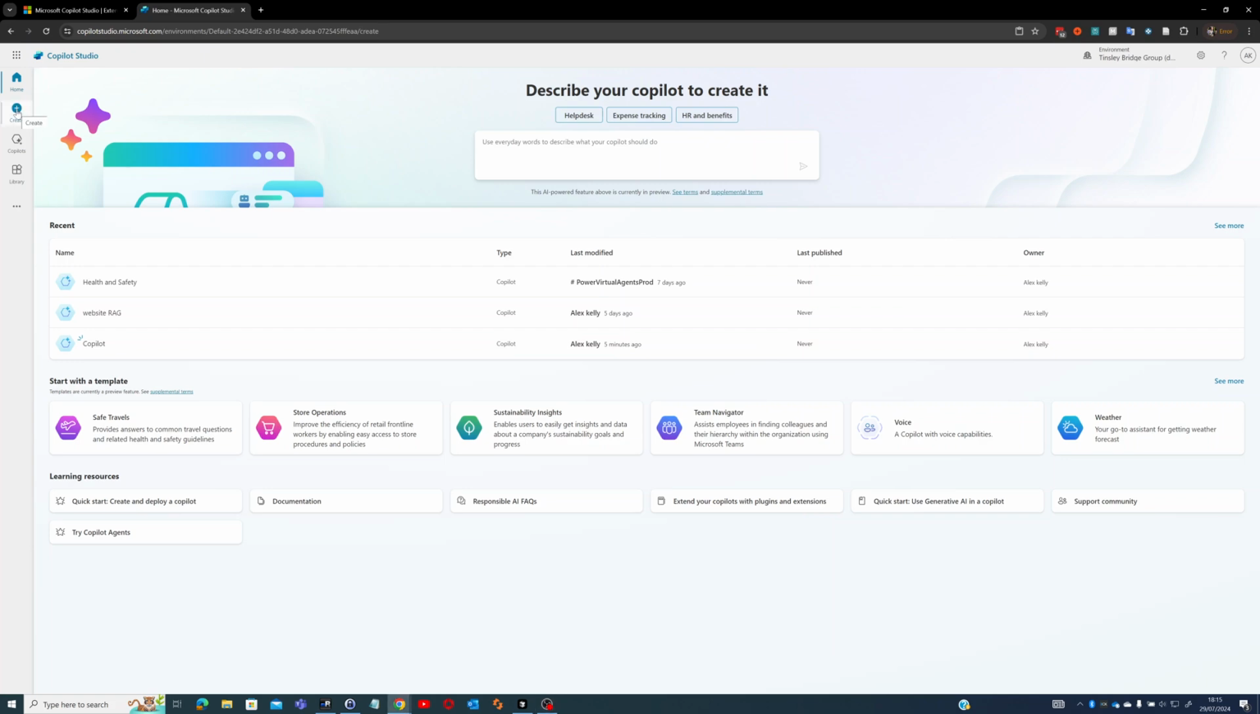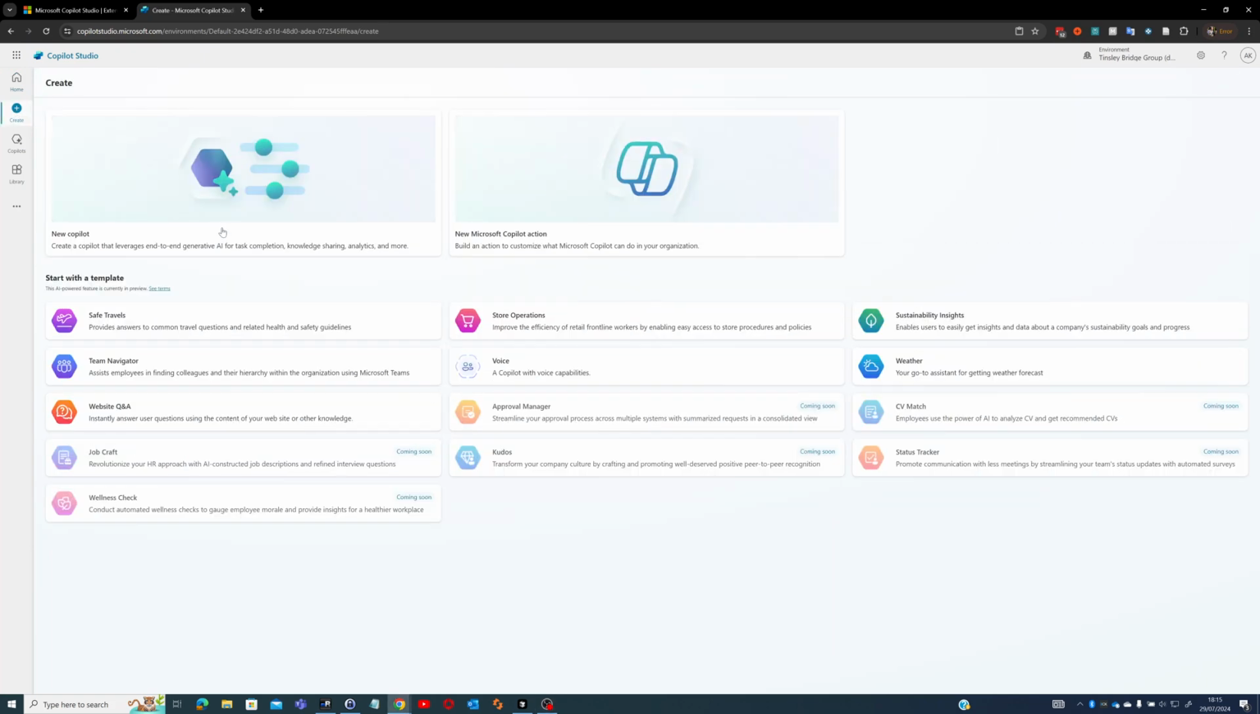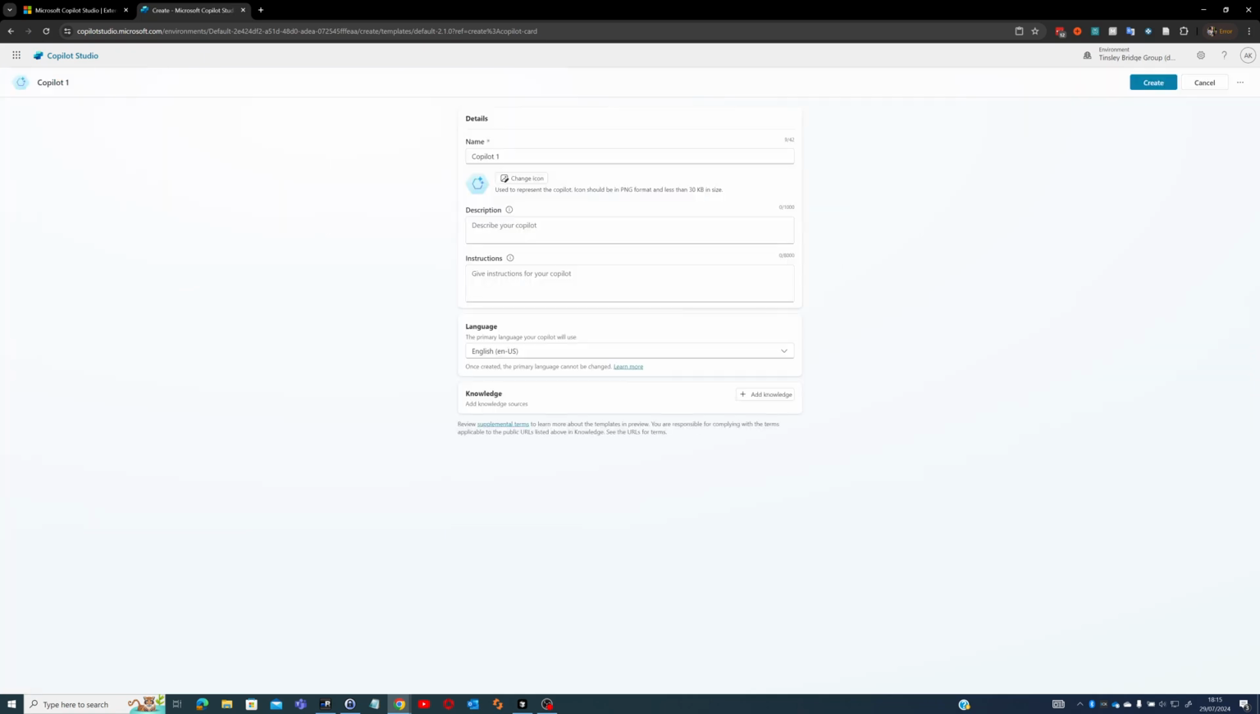So we're just going to go create, and then create a new one. You can create from a store template, which might be useful, but for our case, we're just going to create a new Copilot. And what we're going to call it, Copilot 1, or we can look at things about